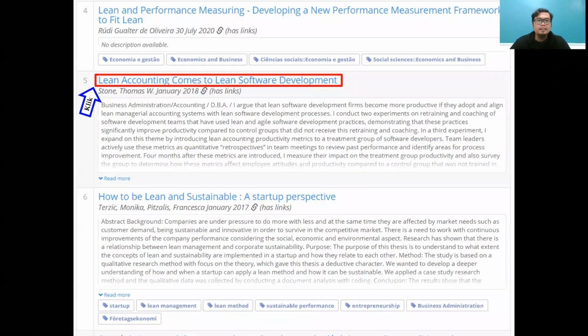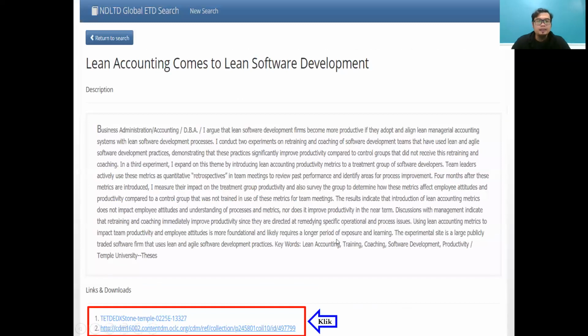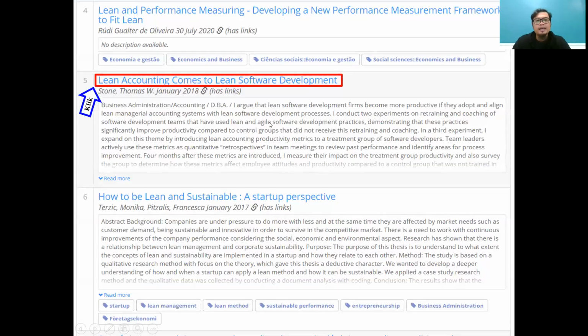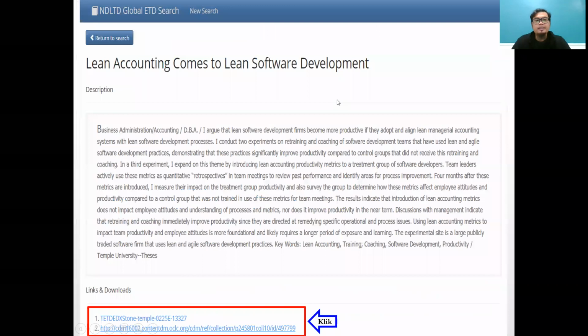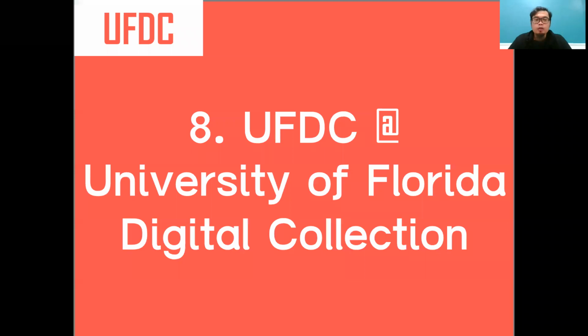Okay, from the search we can find many theses, but I'm interested in this topic: lean accounting come to lean software development. So this is a thesis. They have information here, a description, and also the link and download. So I click the link so I can get the full text, 2018, regarding lean accounting come to lean software development. Okay, we go to number 8,